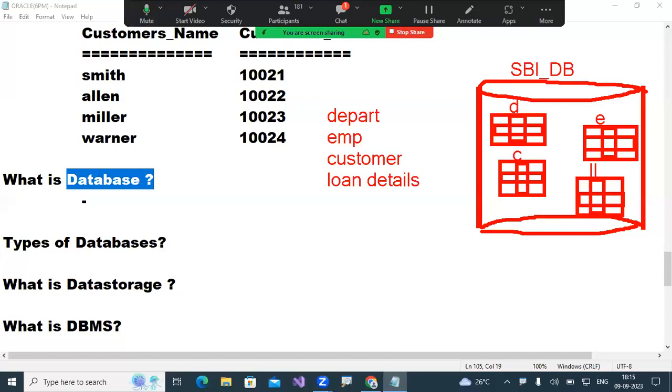Whenever you keep your data like this, then later I want to show you that in relational database management systems, data storing is not the only thing. I can store the data in any number of tables, but not only that, after storing data in tabular format, I want to show the interrelationships between the tables. That's why these databases are called relational databases. So after storing the data, you definitely have to show table to table relationships.